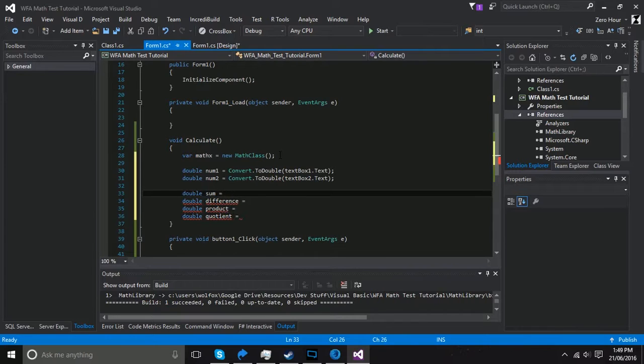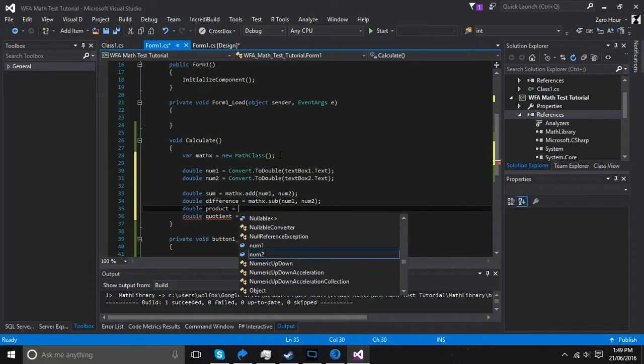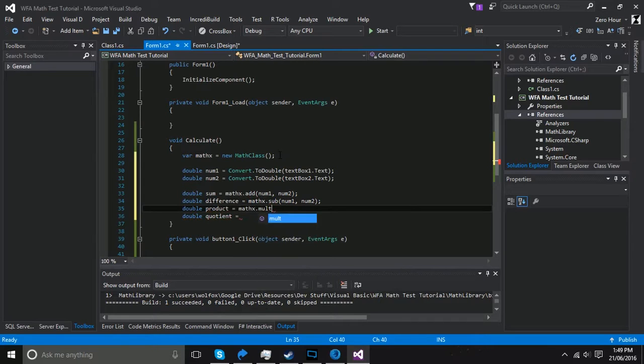So sum will say mathx.add num1 num2, and so our sum will be the result of calling the add method. We'll say mathx.subtract num1 num2, mathx.multiply num1 num2, and then